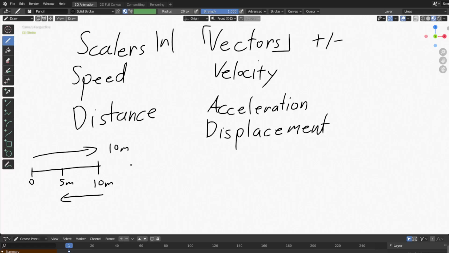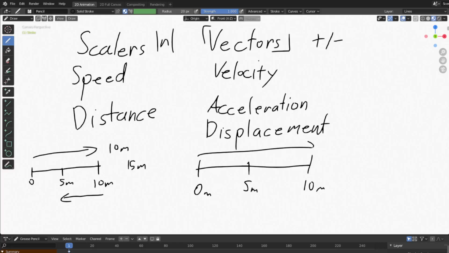The total distance would be 15 meters. But if I take that same situation and apply it to my displacement, so 0 meters, 5 meters, 10 meters, I go all the way, I go all the way. The displacement itself would just be 5 meters because